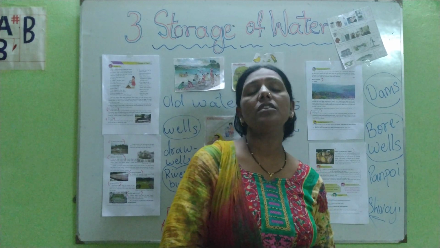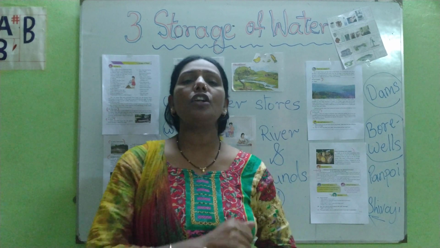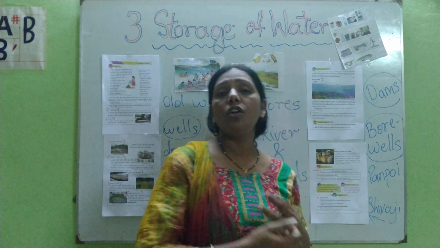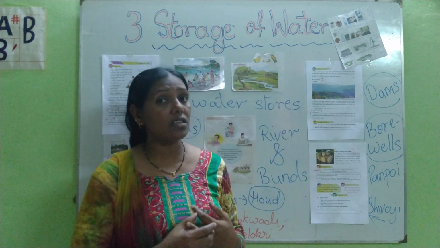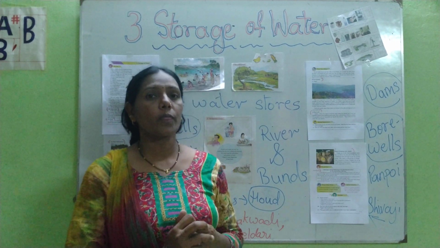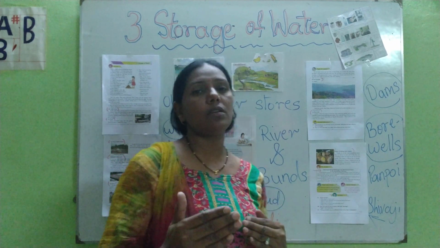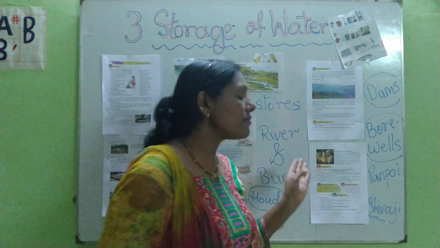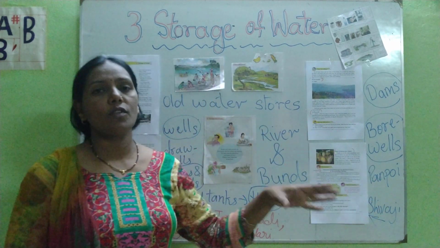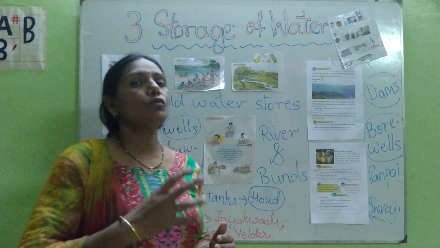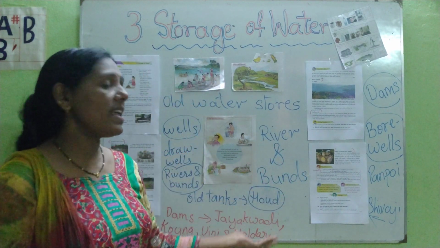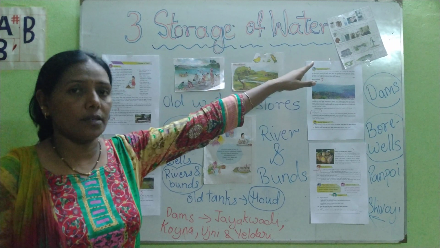So Shivaji Maharaj used to instruct the people that whenever you are going to settle down in any area, the first thing we should check is whether a water facility is there, because water is our basic need. All living things need water. So we need to store the water. This was the plan of Shivaji Maharaj too. He told the people to first store the water so that your needs can be fulfilled throughout the year. So this was the lesson of storage of water.